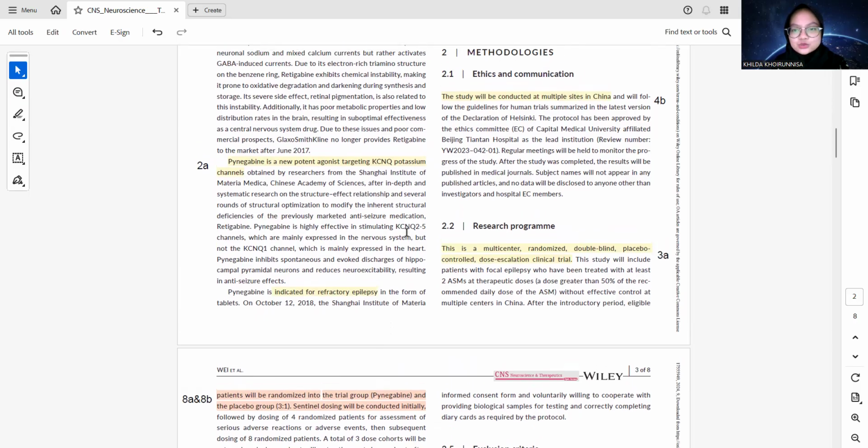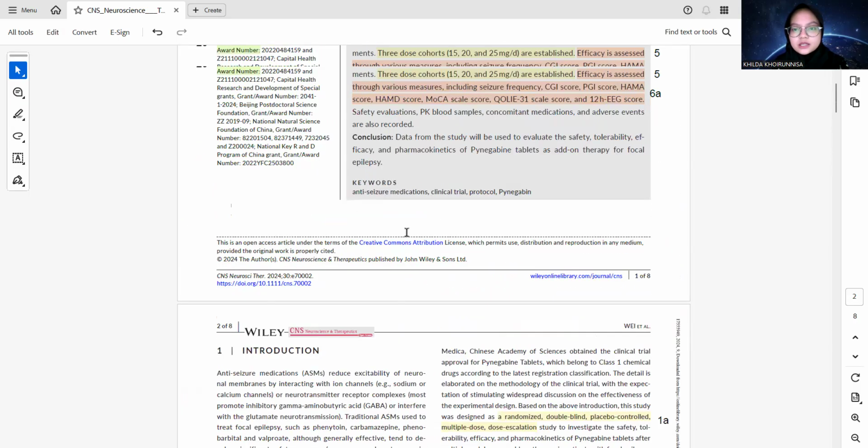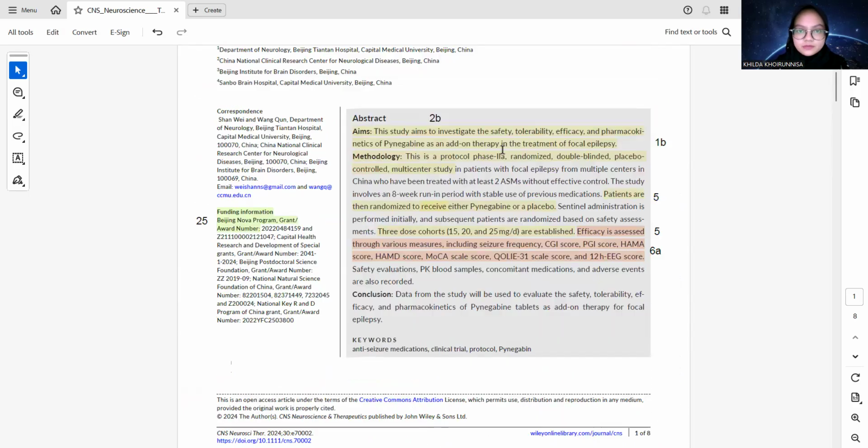Next, item 2B: the study should define its objectives. In this case, the study aims to investigate the safety, tolerability, efficacy, and pharmacokinetics. Both criteria are clearly fulfilled.